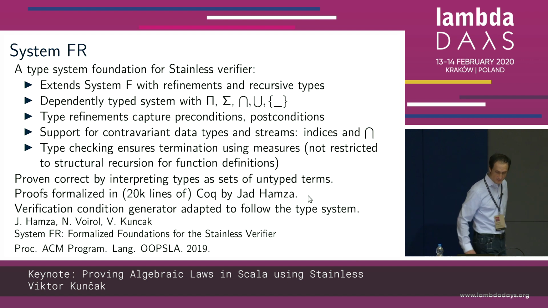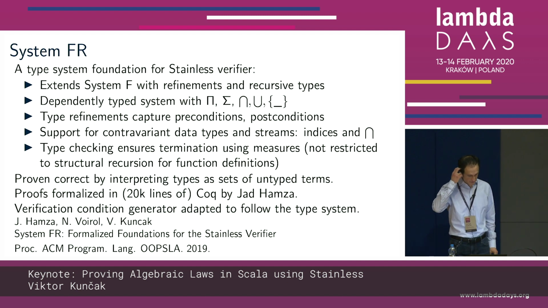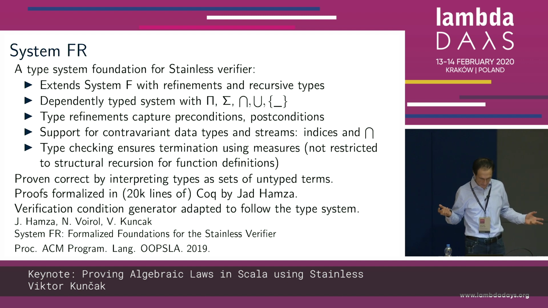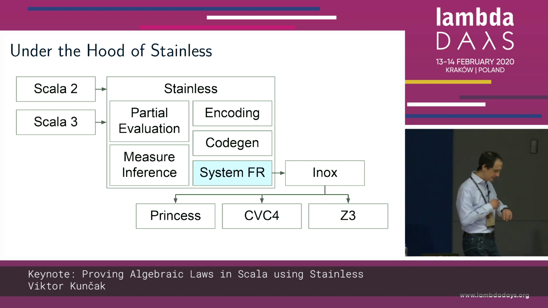So my postdoc, Jad Hamza, has formalized the soundness of this type system using a proof assistant. It turned out to be 20,000 lines of code. And so we have then reworked this verification condition generator that generates proof obligations following this type system. And this is the recent UPSA paper. Okay, and so with this,